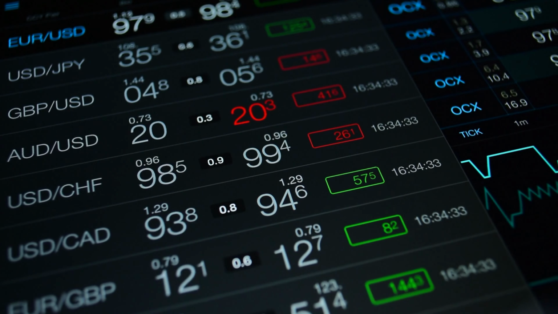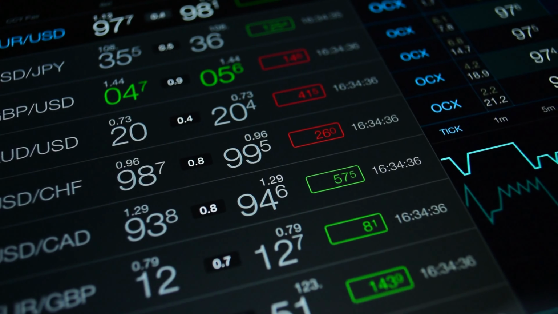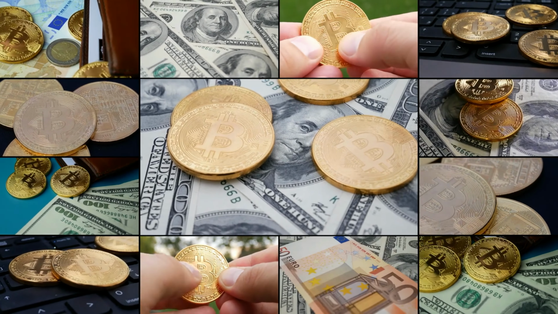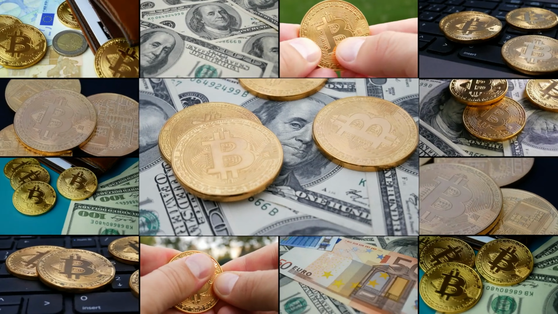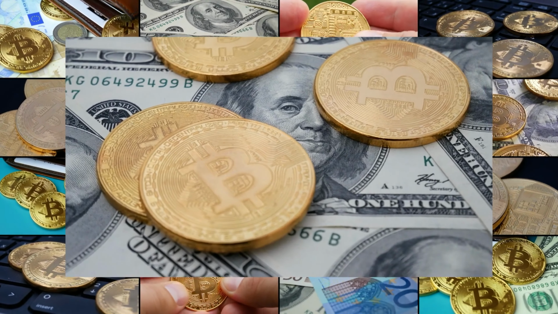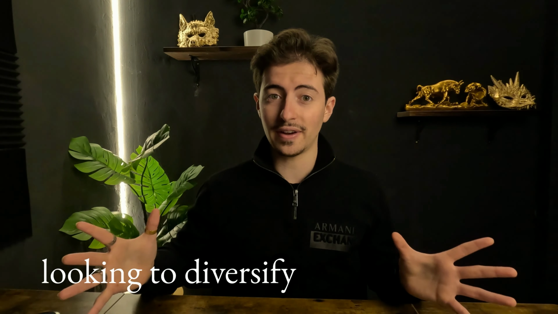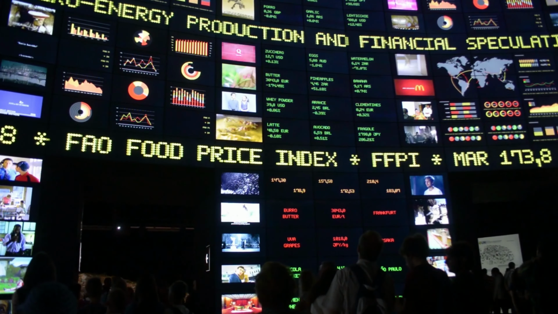I'm a trader, but I do not trade cryptocurrencies because they are very volatile and I basically lose my mind. But now I want to make a point, because while this strategy works exceptionally well for Bitcoin, it is not limited to just cryptocurrency. DCA is a powerful approach that can be applied to many different assets, making it an excellent choice for investors looking to diversify their portfolios. I personally use it to invest in stocks, Bitcoin, and basically everything I do.